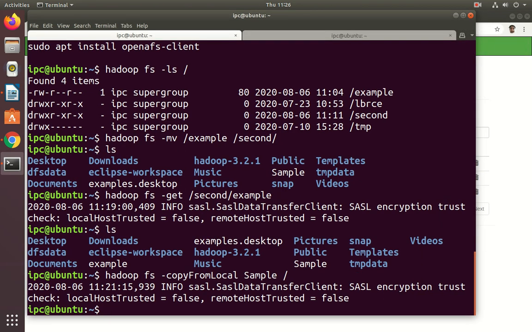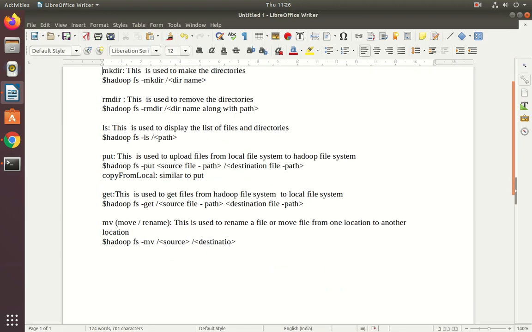Let us move to another command, that is the cat command. See, this command is used to read content from the file.